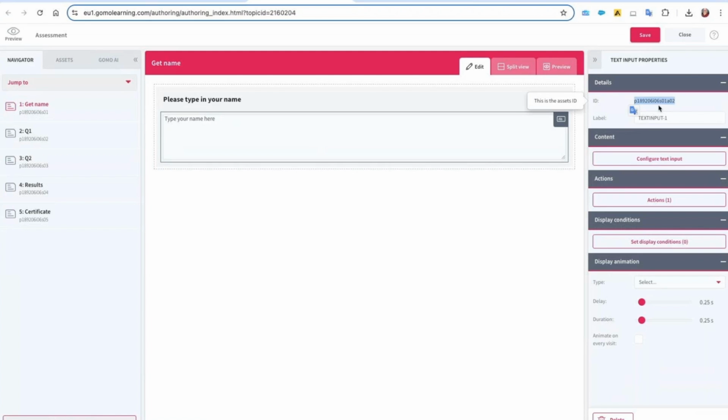It might look as if it's actually quite a random jumble of letters and numbers and so forth, but it's very, very carefully structured. It's actually referencing the unique course ID, the topic ID, the screen ID, and the asset ID. So by taking that and just copying that, it gives me a way to reference this particular text input. And from there, it gives me a way to be able to get at the name